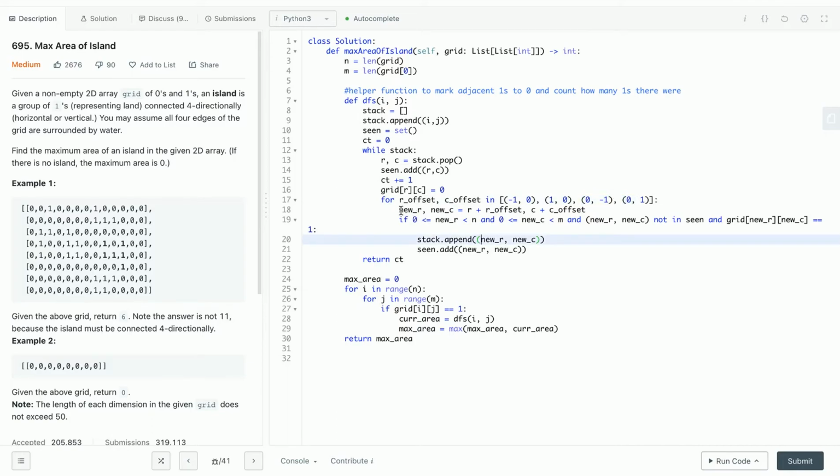So my new row and new column, which are the adjacent cell indexes, are my current row plus row offset and the current column plus column offset. And basically what I'm doing here is getting the adjacent cell indexes, and I have to append them to my stack and also mark them as 0, right? But if they're out of the range of the